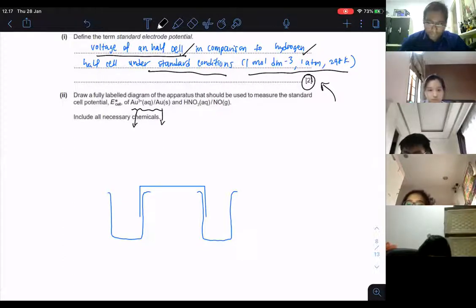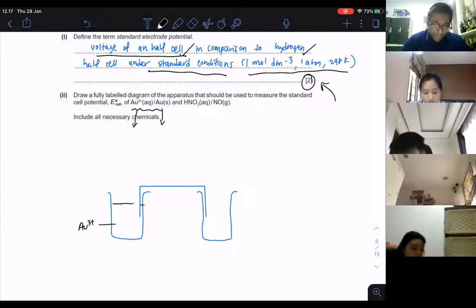Okay, so if I have aqueous solution and solid, maybe I can just draw now. Aqueous solution, gold in aqueous solution, and then another one is solid, so you just draw the solid. Okay, just put over there. Okay, so this one is going to be Au,